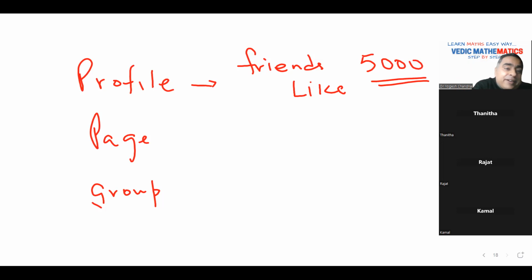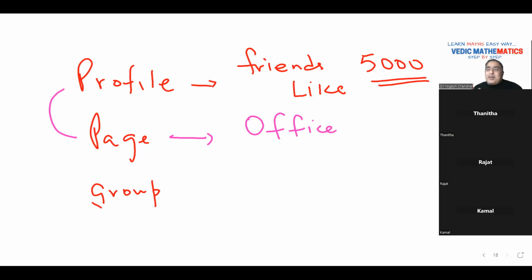But a page is different. Now, a page is created by a profile person only. Behind every page, there would be one admin, so that has to be related with one profile. But what is the benefit of a page? A page is like your office. Sometimes you cannot take classes at your home, so you make an office so that people can walk in, you can talk to them. Similarly, a page is like a